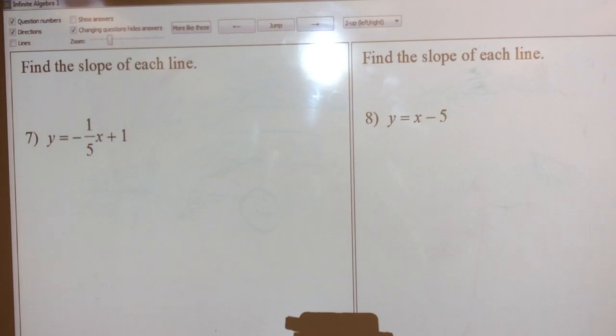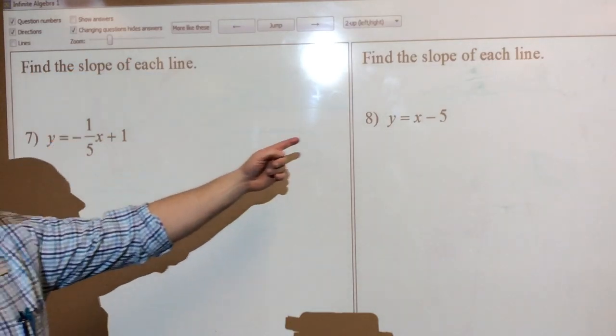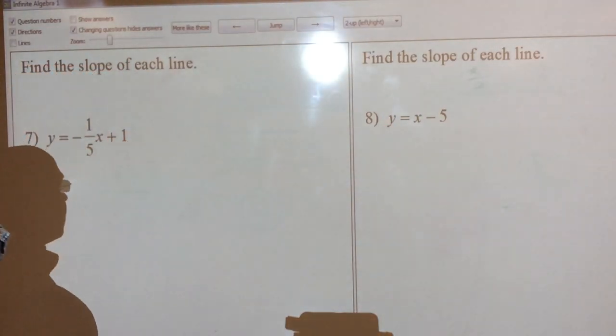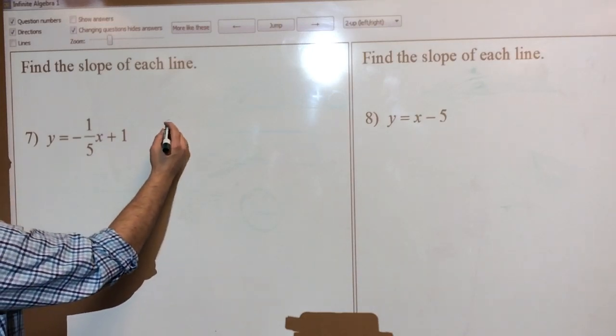Okay. It says to find the slope of the line, which you know what the slopes of these lines are. I'm going to try something else here. The slope of this line is negative 1 over 5, and the slope of this line is 1. But I want to try something different. So let's do this. Let's say I give you this line, and I give you a point